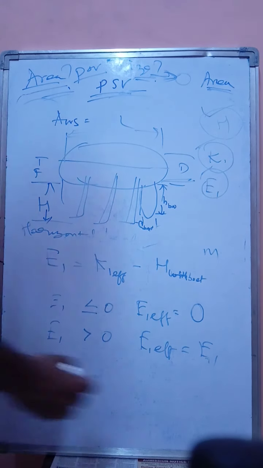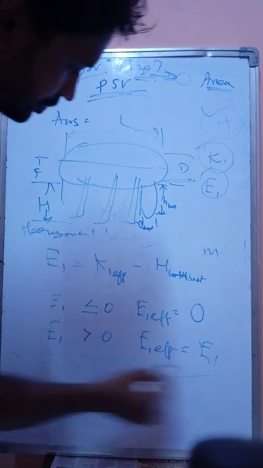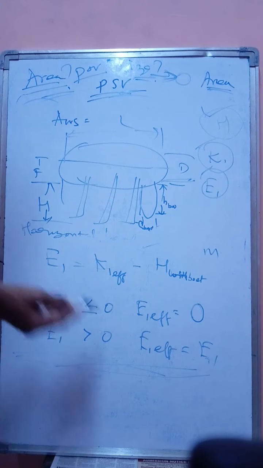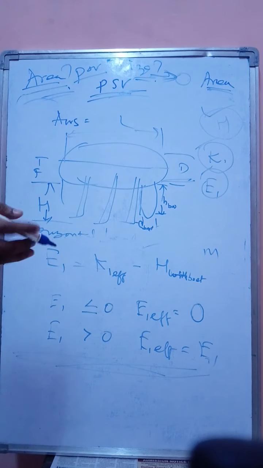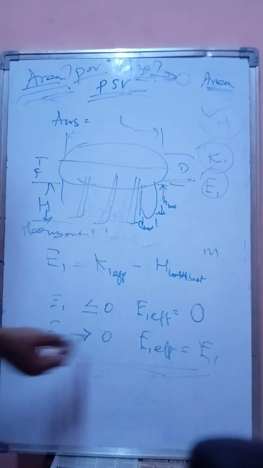Okay, we have to consider these two conditions also. Similarly, like we have in K1, this is little varying. There we have a constant of 25 feet or 7.6 meter. Here we have the 0 level. So if it is less than 0, you can take 0. If it is more than that, whatever the value that is coming, that will be taken as E1 effective. That is the initial liquid level, right?